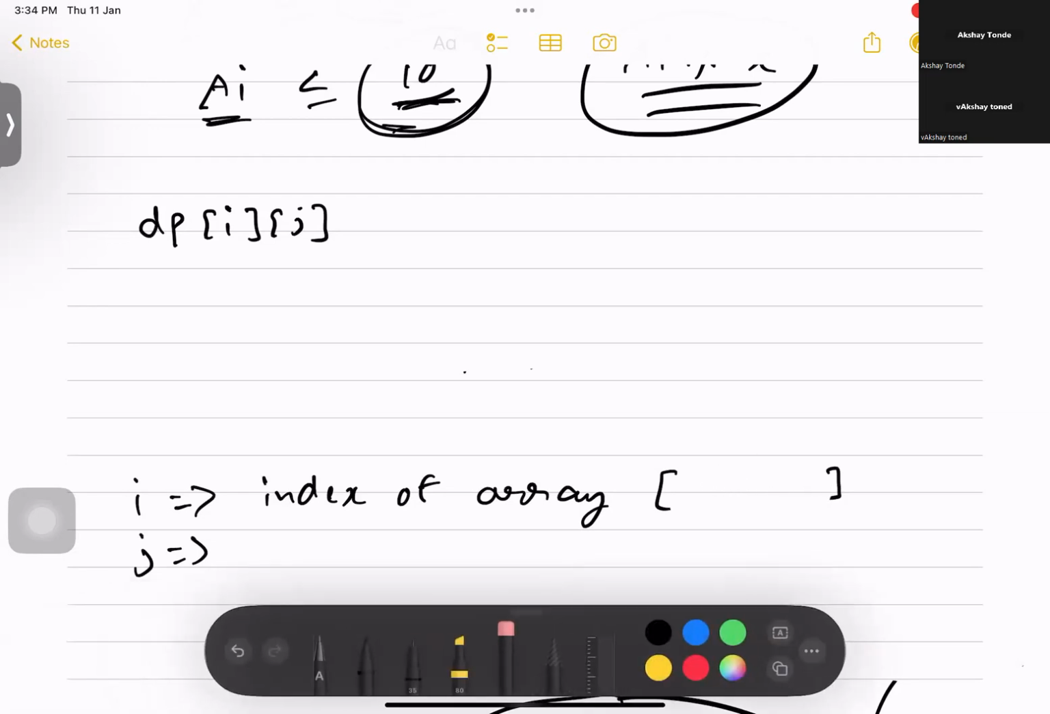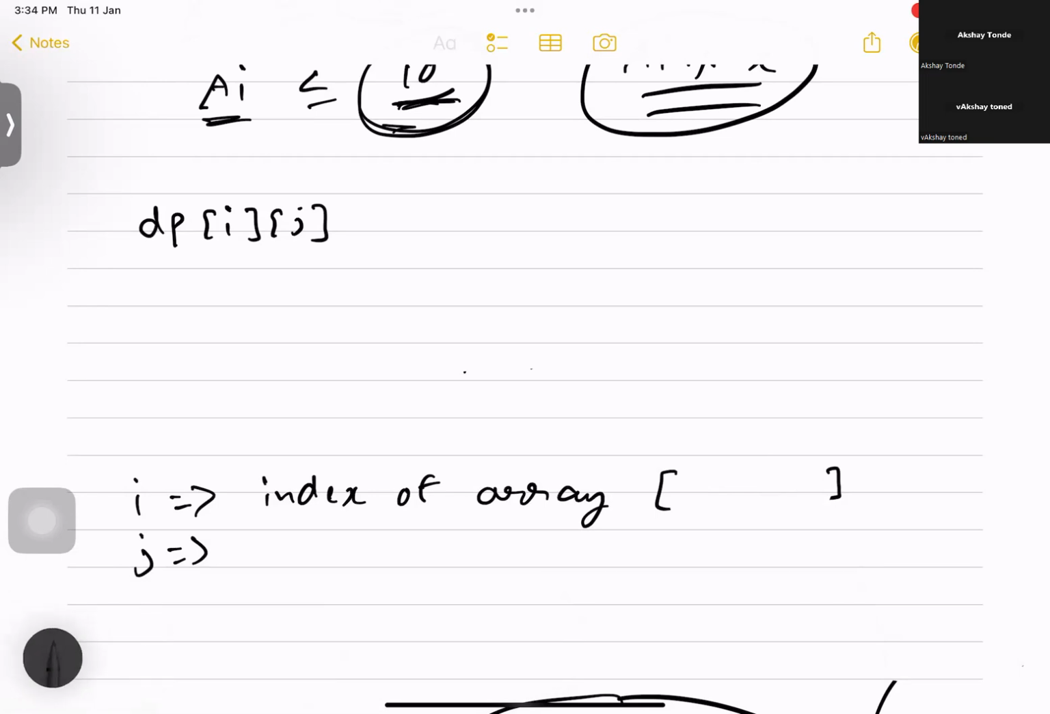Let's call it one based index, because one based index will simplify some of the steps. So this is basically the index of the array, and j will indicate the modulo values, right? And one more thing that they have mentioned in the question is that we need to